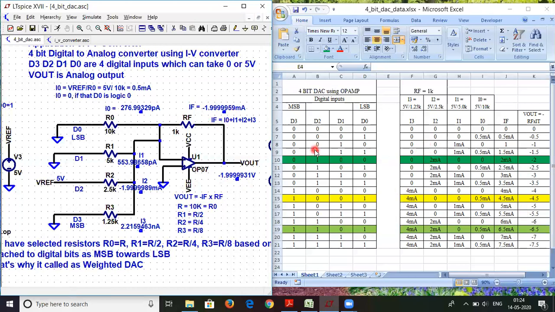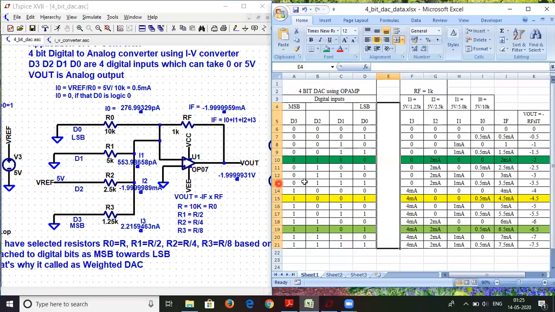And here I2 will be only 2 milliamperes. So here I2 you can see it is around minus 2 milliamperes. Rest all the currents are almost 0. So here it is picoamperes, which is very, very small. I1 is also 0 and I3 is also 0 because the individual bits, that is D3, D1 and D0, are 0. So let us check one more last combination over here and then we will conclude.